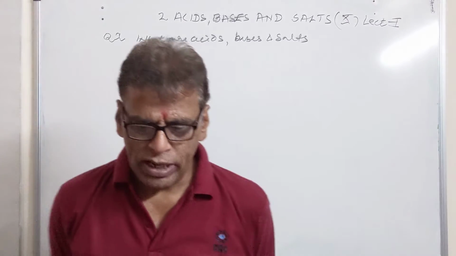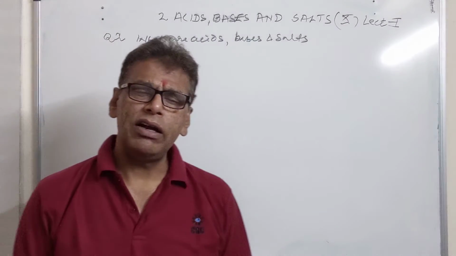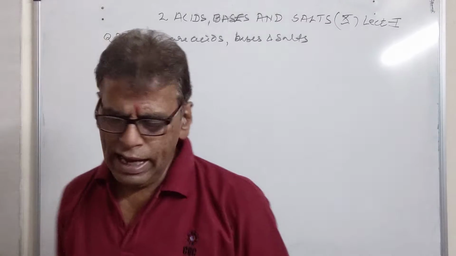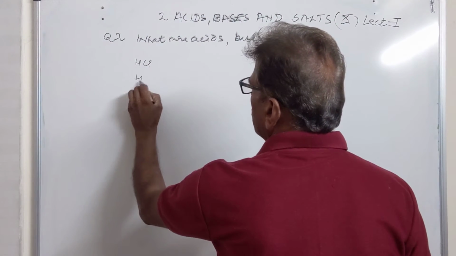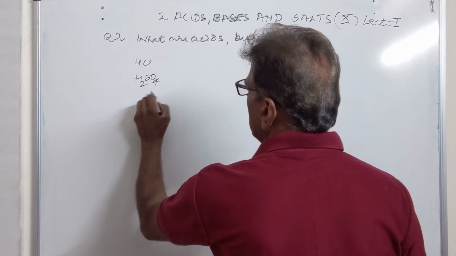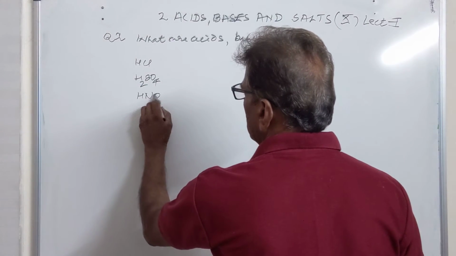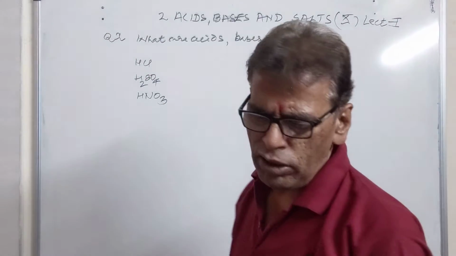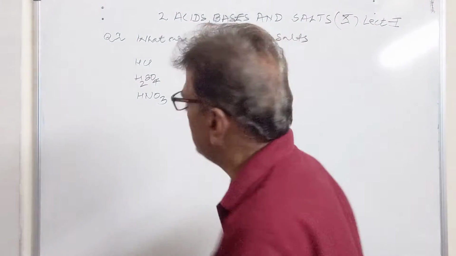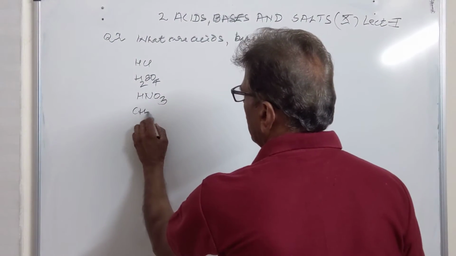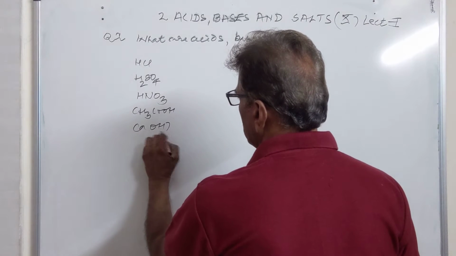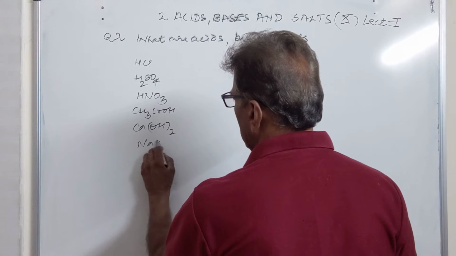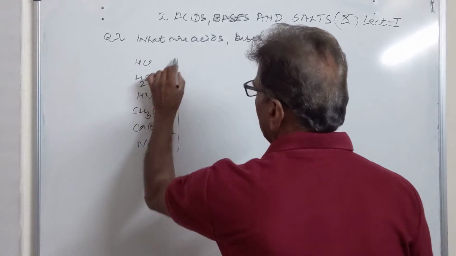Let us perform an activity where we are taking different acids and bases, and we are recording their action on blue litmus and red litmus. So these are the three major inorganic acids. Then we have the fourth, vinegar, CH3COOH. Then we have two bases, calcium hydroxide and NaOH. These are the bases. Now we are making a table.